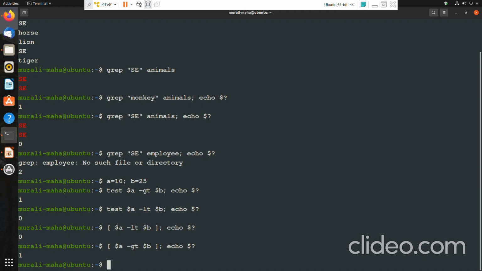As I told you, what are all the expressions? You have the relational expressions, the logical expressions, the file test expressions, and the string test expressions, wherein you check whether the string is null or not. With all these expressions, you can evaluate them with the test command.